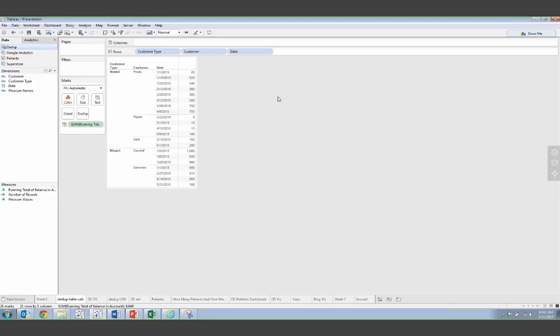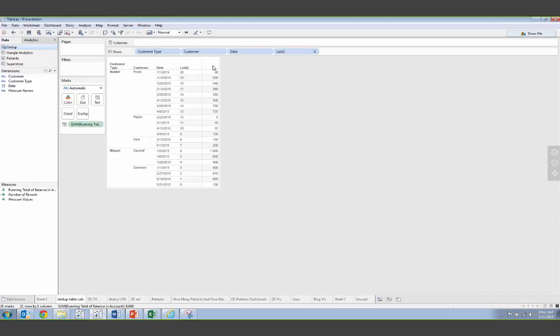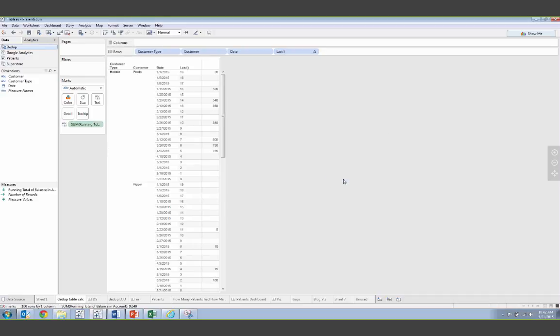Well, before version 9 and level of detail, I would have probably been using some sort of a table calculation. So I would have maybe tried last, and we'll change that to discrete just so we can see it. And so what I'm looking for is the last for the date. So I would have gone to compute using date. And now I'm starting to get confused because I'm seeing some data densification going on, and things are getting complex.